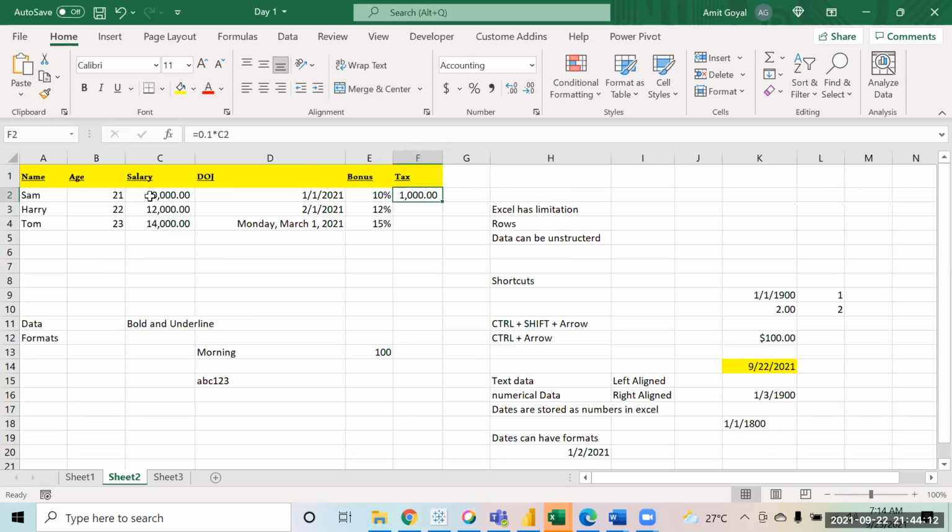This is called a formula. A formula starts with an equal to sign. The moment you write equal to 0.1 into that particular cell, it is going to calculate the tax for you, that is 10% of the salary.